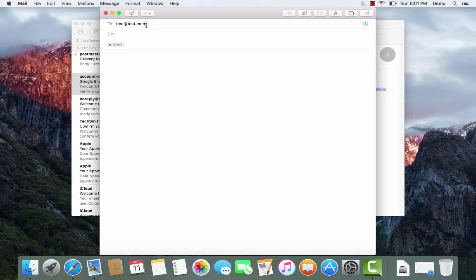We can also even type in the name of a group that we want to send to that we've already created in our contacts, and there will be a future tutorial for how to create that. Then we just put in a subject,